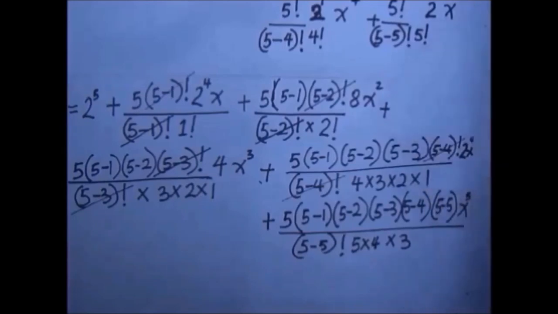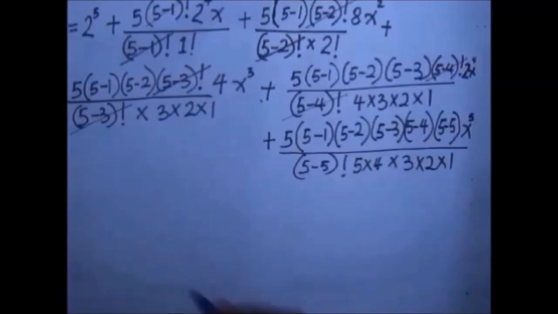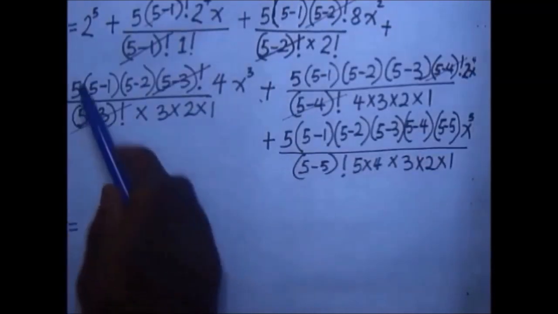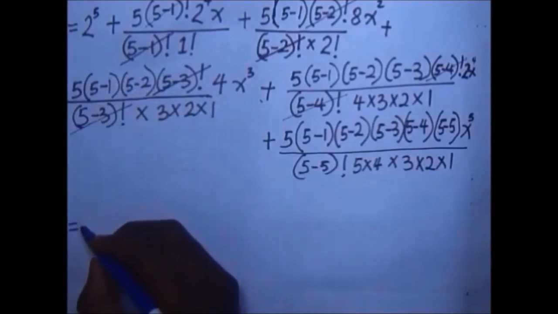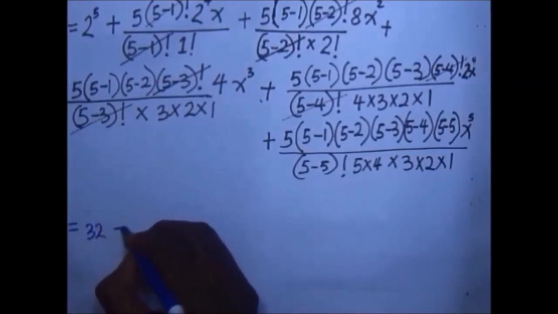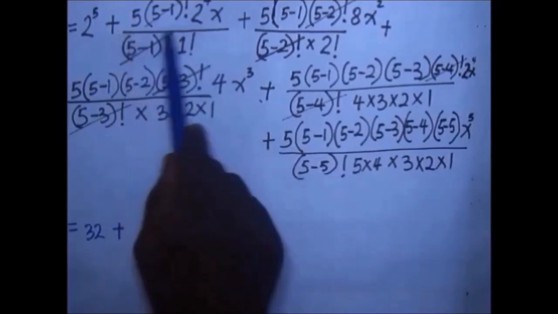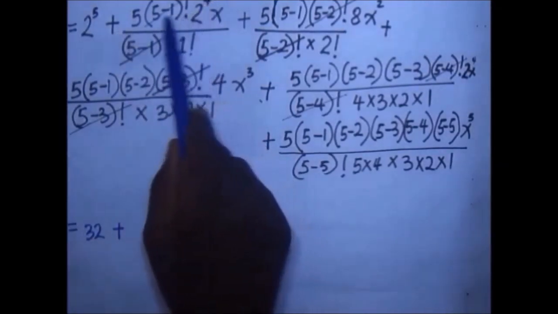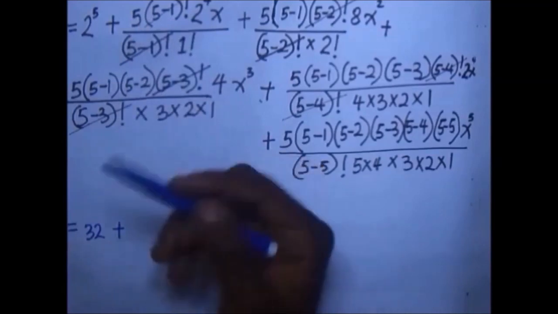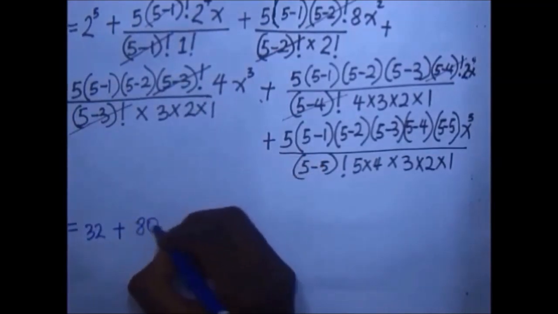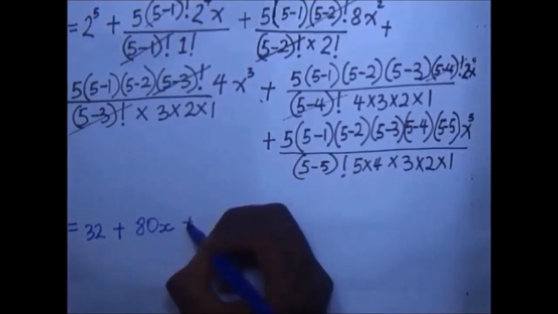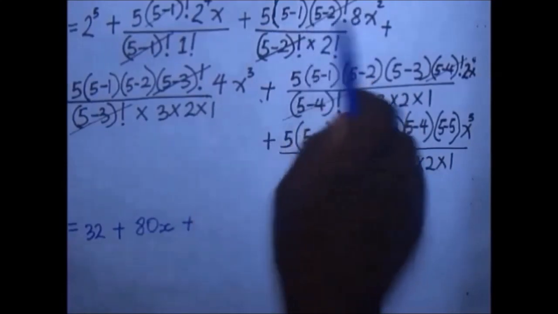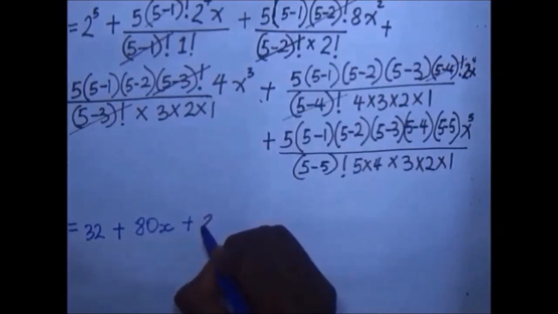No, this is times 3 times 2 times 1. So this is going to become 2 to the power 5, which is 32, plus the next, this is 2 to the power 4 times 5 divided by 1, that is going to become 80x. That's going to become plus this, which is going to become 80